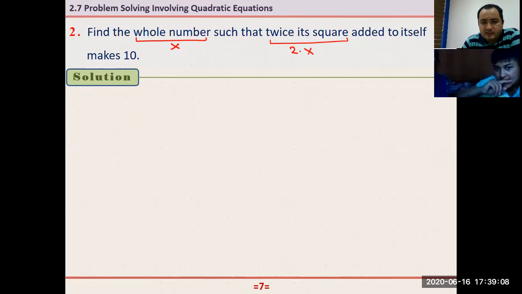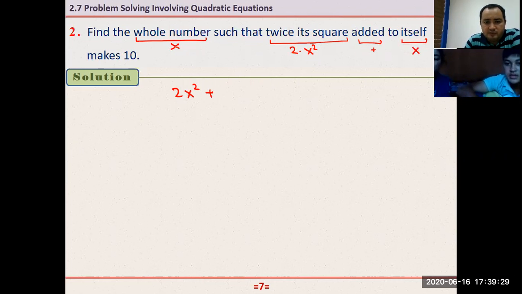Its square is x squared, right? Added means it is plus, right? To itself makes 10. So find the whole number such that twice the number squared added to itself. What is itself? Itself is x, right? So x. When you do so, it makes 10. So the result is equal to 10. Okay? That's all. So here we need to solve 2x squared plus x minus 10 is equal